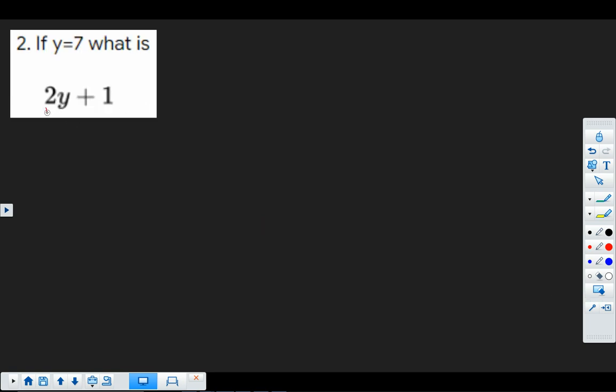Okay, we have a substitution question here. Our key piece of knowledge has got to be that 2y means 2 times whatever the value for y is, and we're told it's 7. So that's what our expression looks like when I've substituted 7 in for where y is. My BIDMAS rules tell me to do this multiplication first. So this comes to 14 plus 1, which is 15. The nugget to go and practice there is